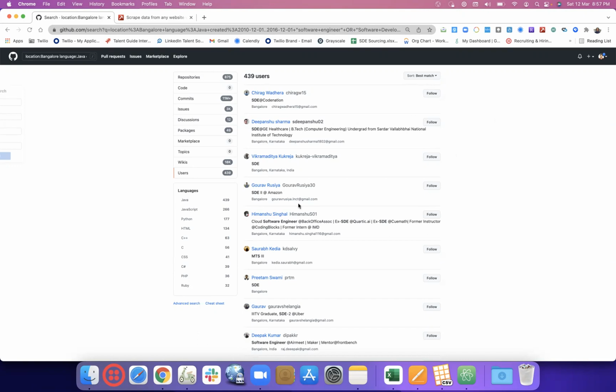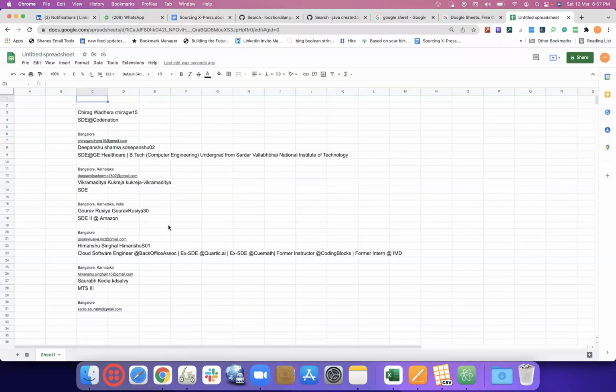Now, this data we can also copy paste, but the formatting would be like this. One by one takes a lot of time if I want to reach out from this kind of Excel. But rather, if I come up with a curated Excel where we have first names in one column, last names in one column, or full names in one column, email IDs in one column, their bio in one column, and their GitHub user ID in one column, it makes it easy to reach them out when we do the mail merge or any kind of activity. So it's more curated data that we get when we use a data miner.